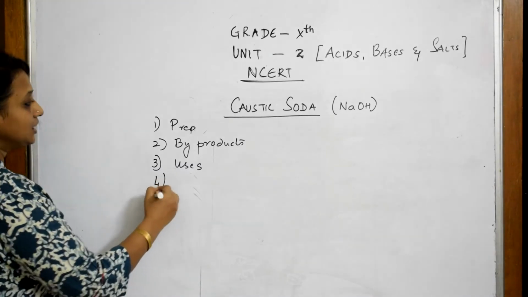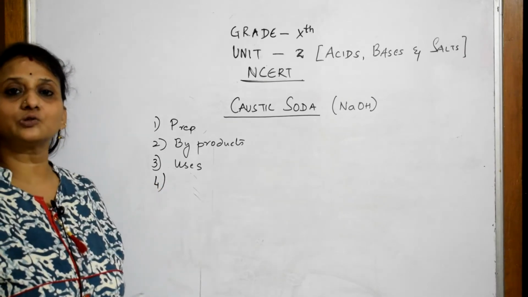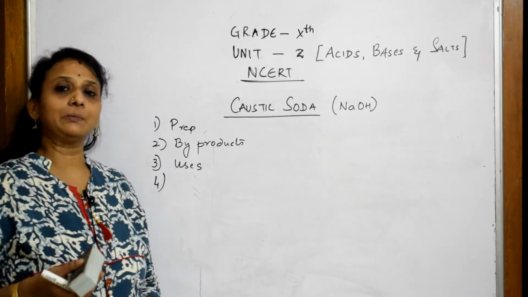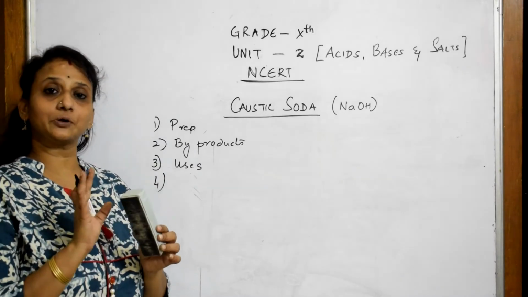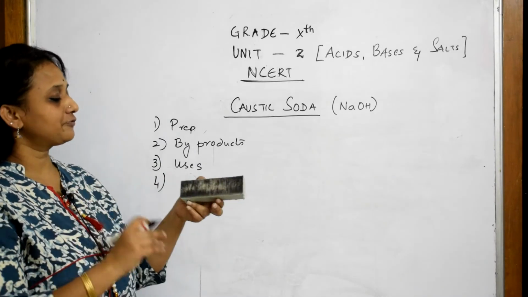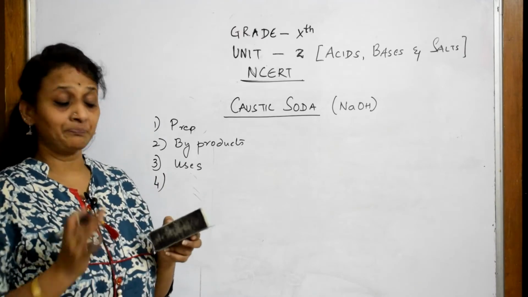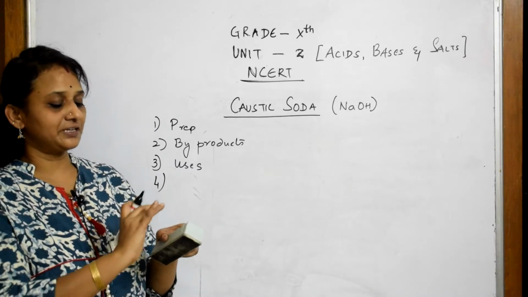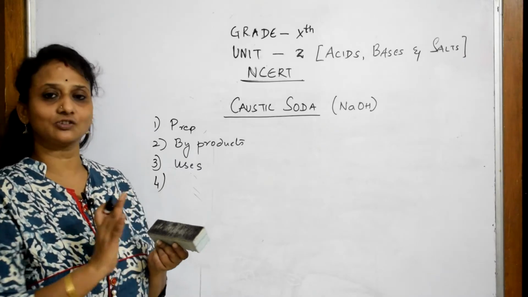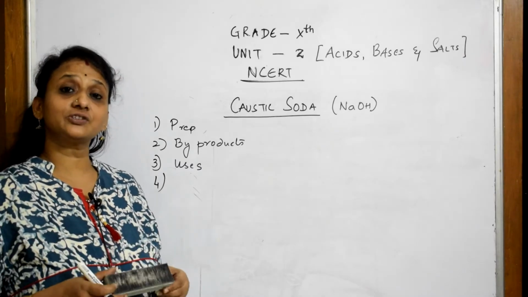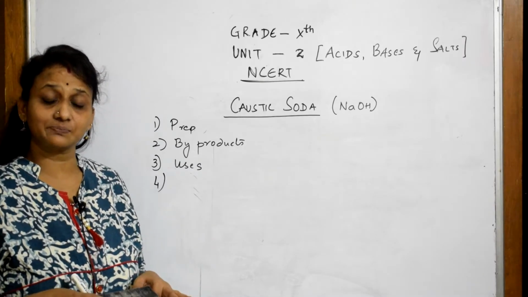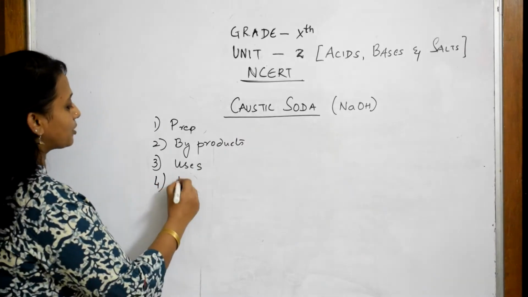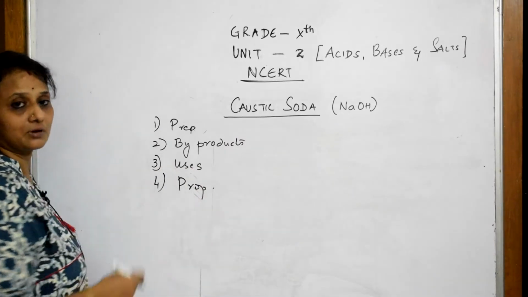After this, when you are learning a particular compound, you should also know the properties of those compounds. For example, if I take this duster, what is the property of this duster? It is rectangular in shape. The physical form is solid state. The surface is gray in color and the rest is all black. So the physical properties of the salt are important, as well as the chemical properties of what we are learning. So the properties of the compound are very important, right?